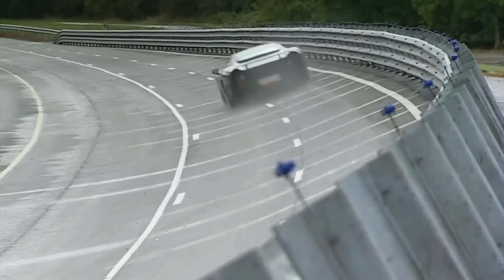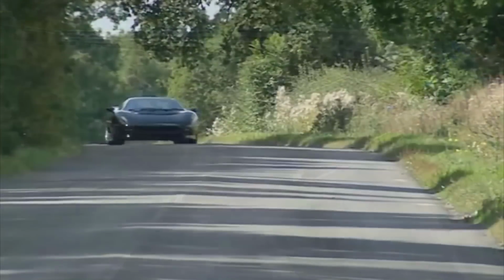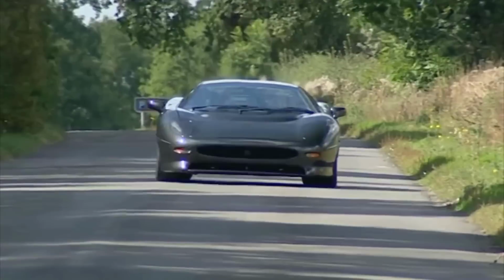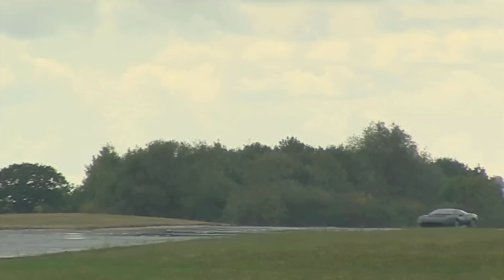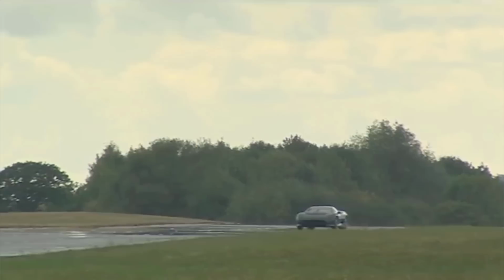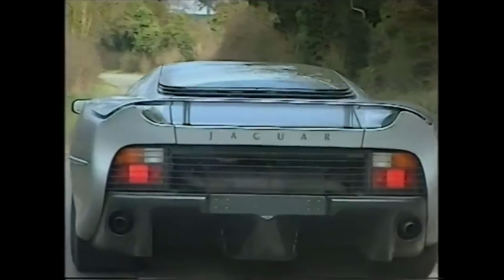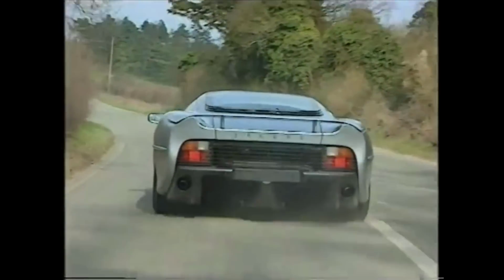Immediately after the event, Jaguar carried out a feasibility study on the concept car, and concluded that the XJ220 would be financially viable and technically feasible, following some modifications. By December of 1988, the company announced that the XJ220 would be produced with a limited run of 350 cars, and by January 1st, the price of the XJ220 was confirmed: